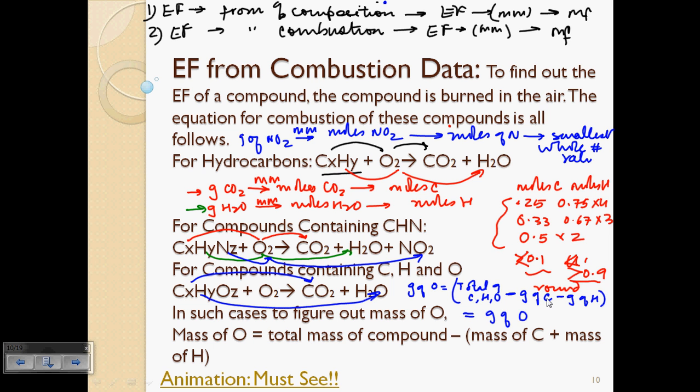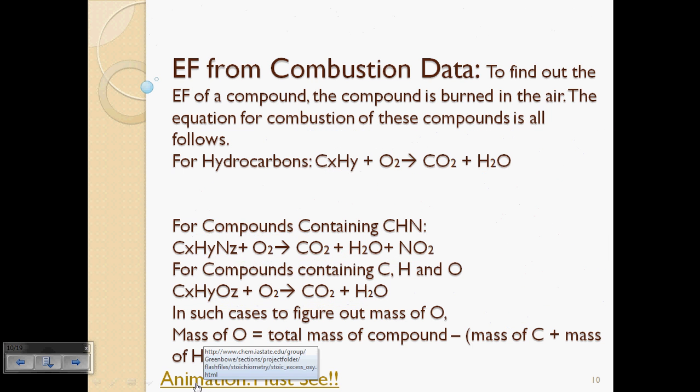Now, how might you get grams of oxygen? You will use the same method that you've been using, except you'll add one more step. From moles of carbon, you can get grams of carbon. From moles of hydrogen, you can get grams of hydrogen. And then you use that to plug into this formula. Now, this is a must-see animation, guys. If you look at this animation, you will see that